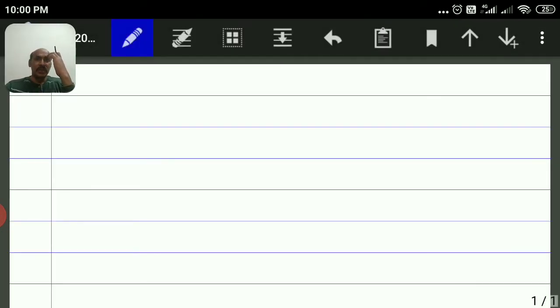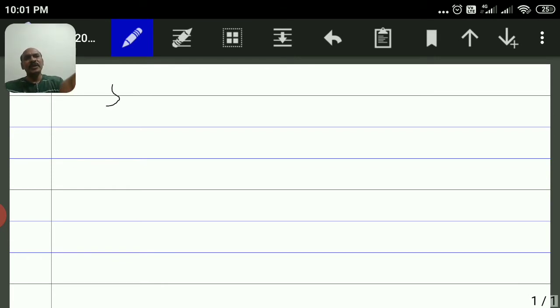Okay, students, we have completed writing IUPAC names for three types of compounds: spiro compounds, fused ring compounds, and bridged ring compounds. Today, I would like to explain how to write the structure if the IUPAC name is given. I will explain this for these three types of molecules. So, we'll start with examples.